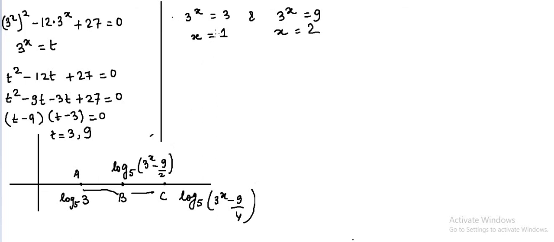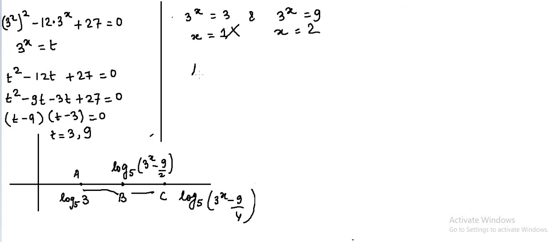So subsequently you have to drop the value x equal to 1 because you are getting a negative value, and the logarithm of a negative does not exist. That's why we are dropping x equal to 1. Let's check with x equal to 2. If you put x equal to 2, you will find that the bracket term will be positive. So the value that x may have is x equal to 2.